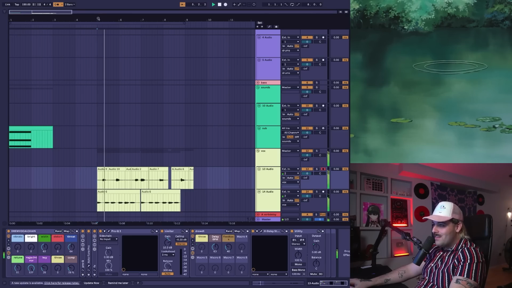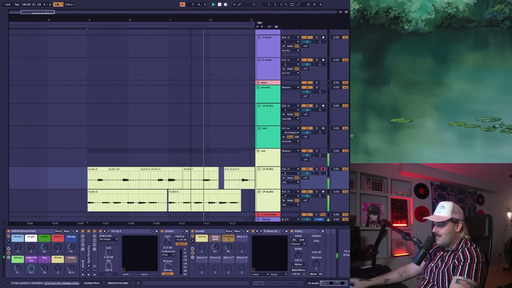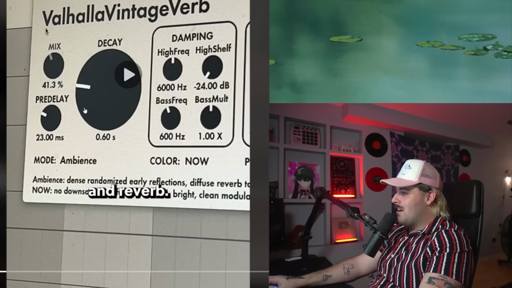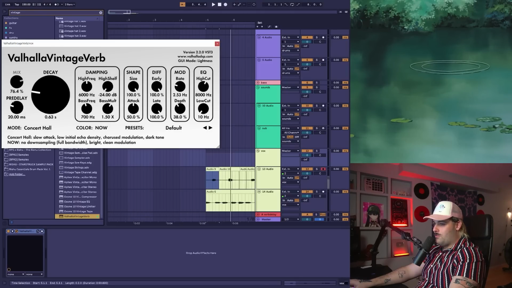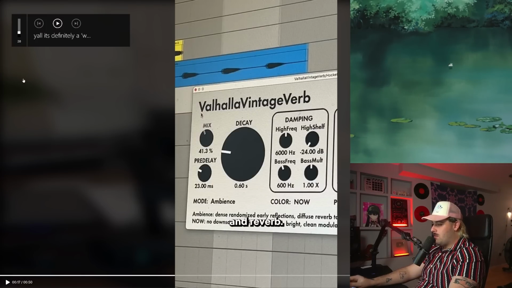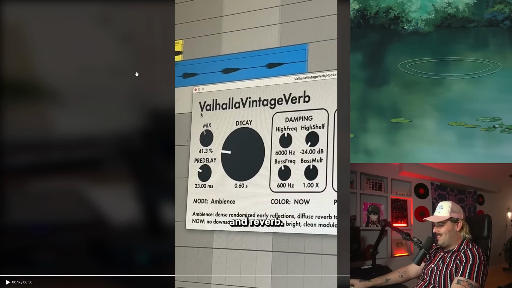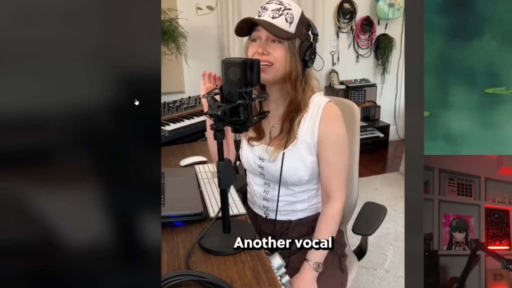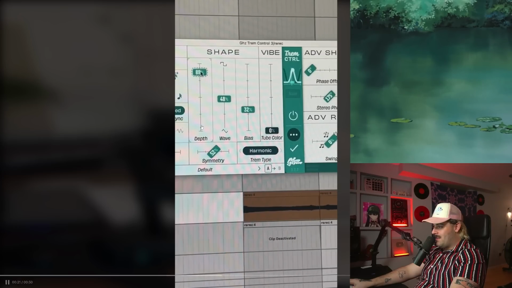So we got. Okay, EQ and reverb. Valhalla Vintage Reverb. I have that. 3.6 seconds. 41% mix, or is it more? Ignore the metronome in the background. Another vocal with a stereo tremolo effect.